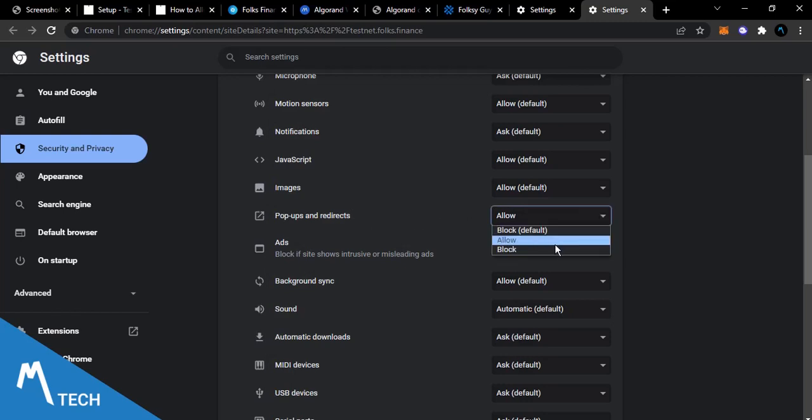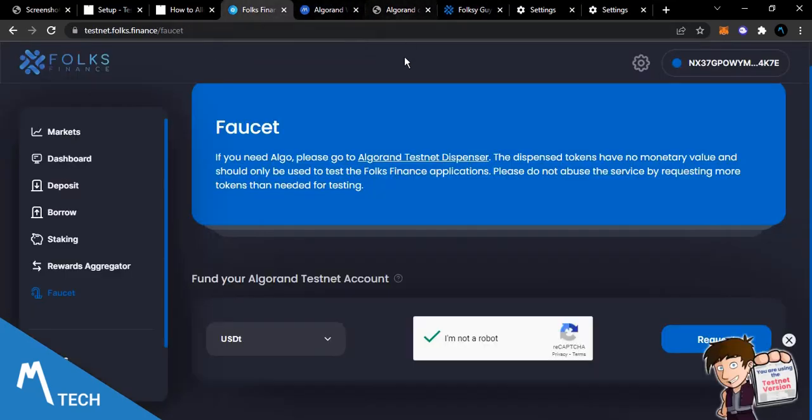I mean, you allow this. Do not block. Allow that for this testnet. You can block after this testnet, but allow that for this testnet. Once you're done with that,